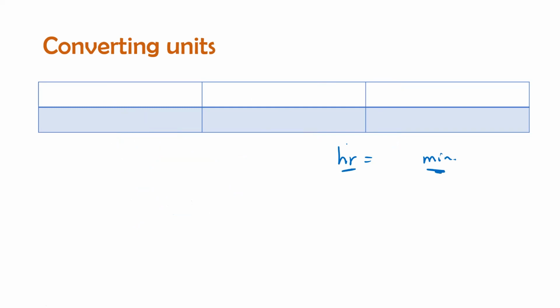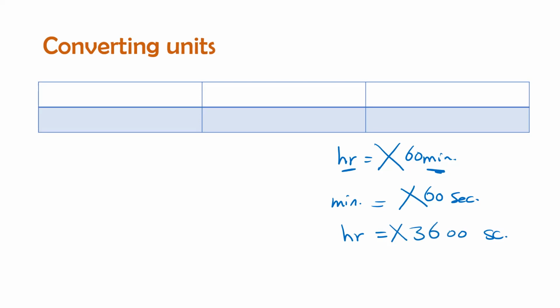Hour to minute, from big to small, multiply by 60, because the hour has 60 minutes. If I want to change from minutes to seconds, it will be multiply, yes, multiply by 60 as well. If I want to change from hour to seconds, multiply 60 times 60, so it will be multiply